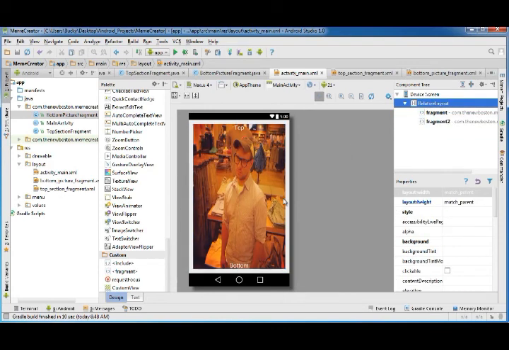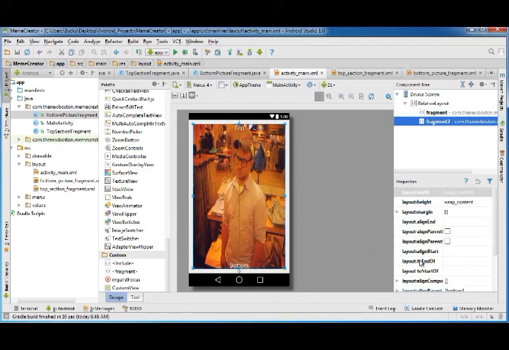Now, I told you guys that since this is actually a fragment and not an entire activity, we can change the size of this. So highlight fragment 2, which is that bottom fragment, and if you go to layout, actually you can change both of these. So layout width right now is wrap content, which means however big your contents are, just fit it